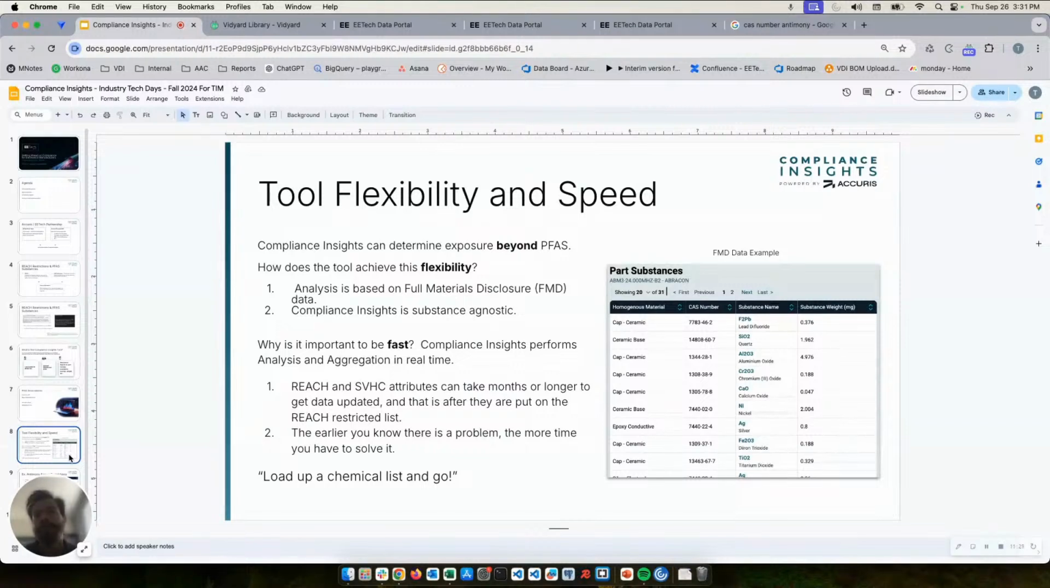So for example, if you're interested in gold or titanium, or maybe there's a substance that's pertinent to your business, you can easily find out how much of that one substance exists in your products. And the reason why we're able to do that is because we're looking at the FMD data level. We're not looking at a parameter like REACH or RoHS. We're not leaning on those things. We're actually looking at the source of